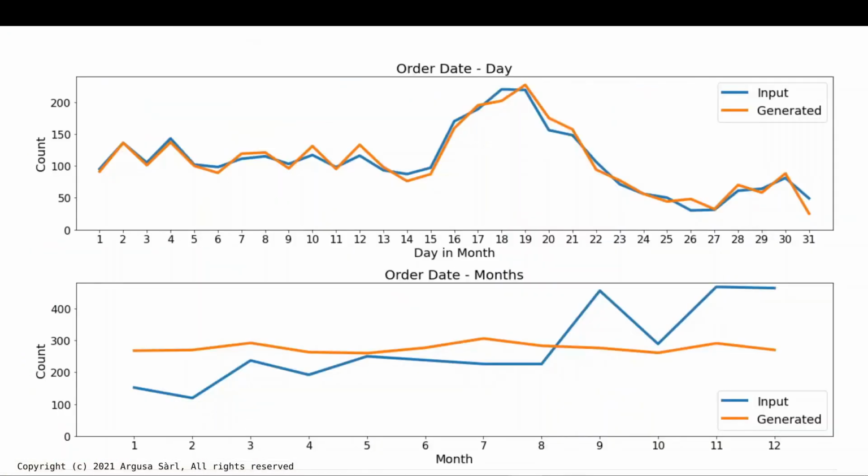Now we can further visualize the modifications for numeric and date type columns. This figure presents the results of seasonal generation. On top is the day of the month for the order date, while below is the month in the year. In blue is the input date, while in orange is the generated one. We see that the day in the month distribution is the same for both, while the month distribution is flat for the generated one and does not follow the input distribution. This is the desired result for the seasonal distribution, keeping only the information on the season from the input data.